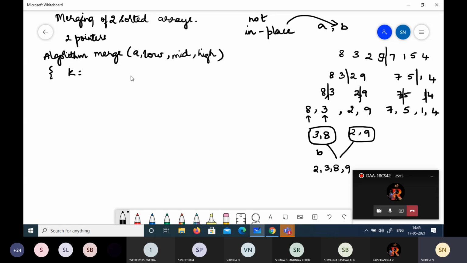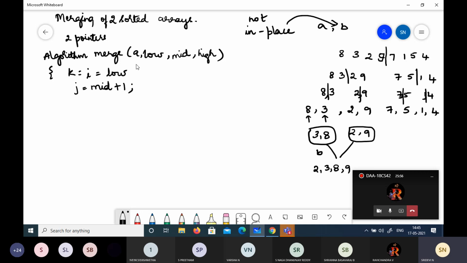So how do we do that? Merge sort's nature is only like that. Let us have two indices, and we will point one to low, because we need to copy to the B array as well. So we need one more index, J, which we will say is mid plus 1. We are assuming that we have two arrays, where one position is low and the other is mid plus 1.